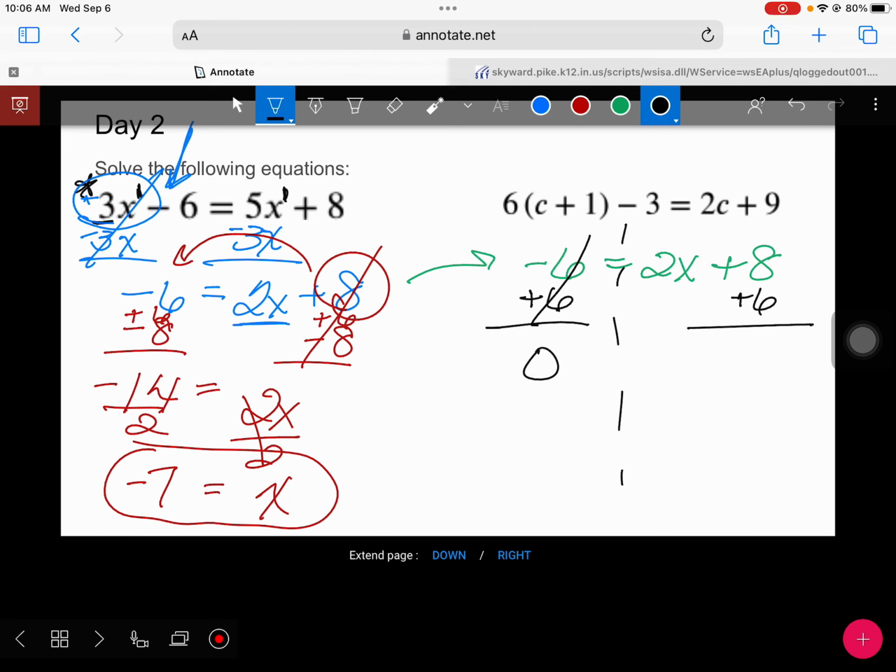So I have 0 equals 2x plus 14. And now I still have to get either this to the other side or the number to the other side anyway. So I kept it and I subtracted 8